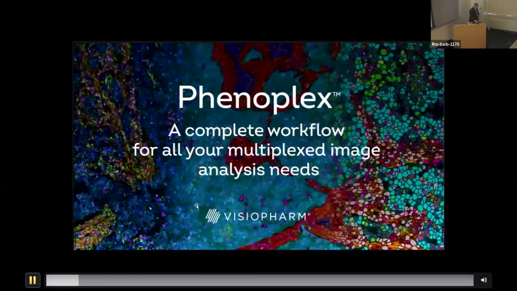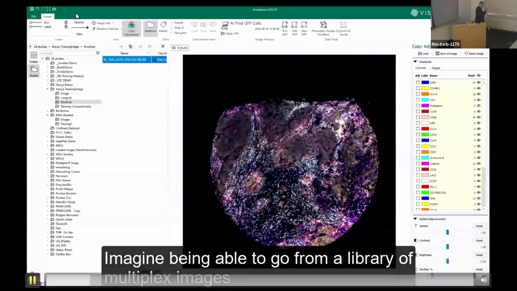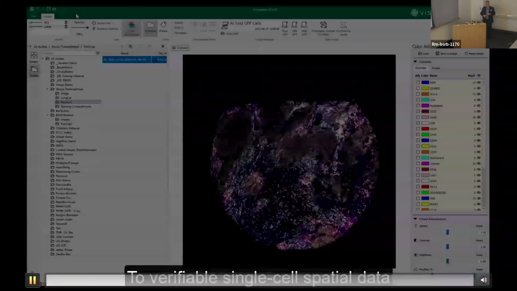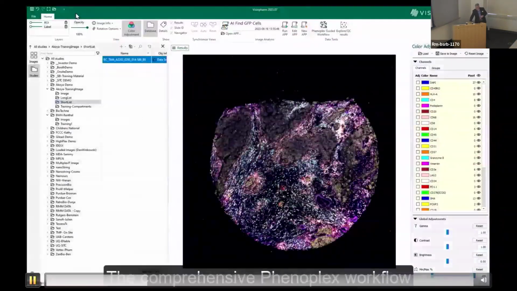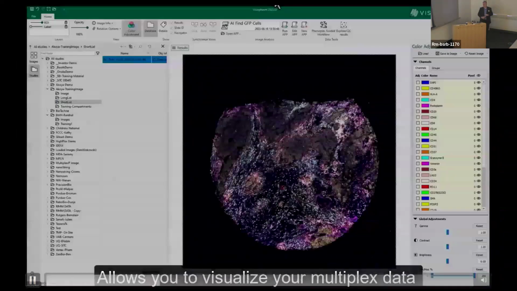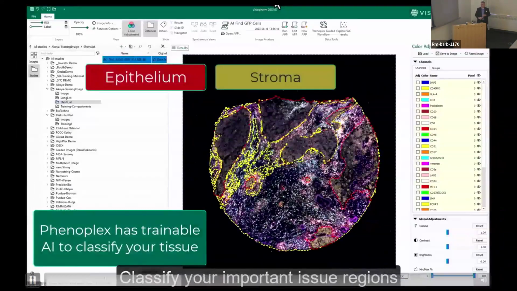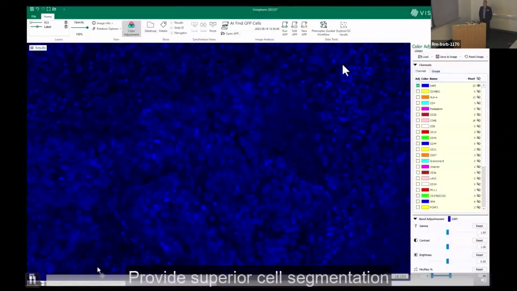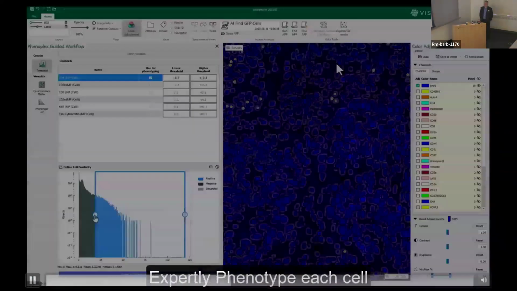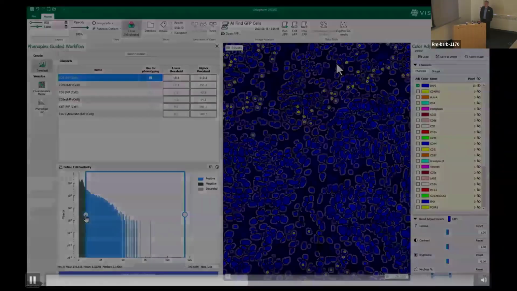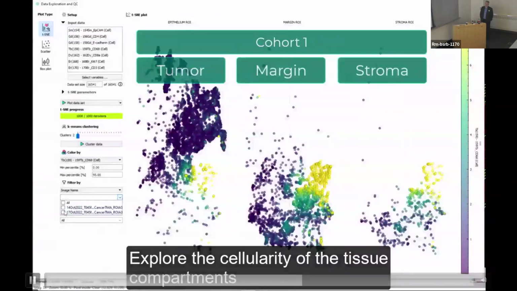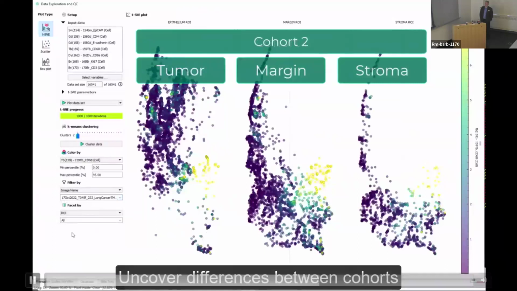Imagine being able to go from a library of multiplexed images to verifiable single-cell spatial data with just 4 buttons. The comprehensive Phenoplex workflow allows you to visualize your multiplex data, classify your important tissue regions, provide superior cell segmentation, expertly phenotype each cell, verify this single-cell data, explore the cellularity of the tissue compartments, uncover differences between cohorts,